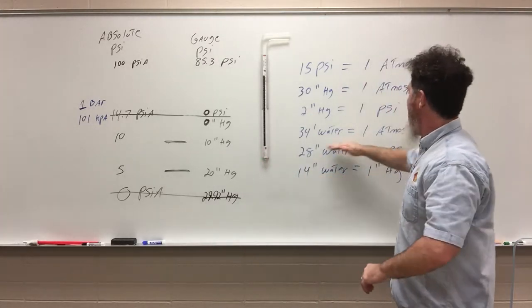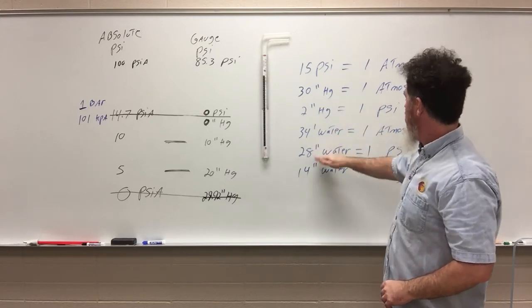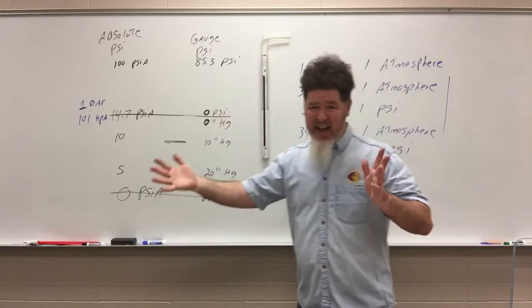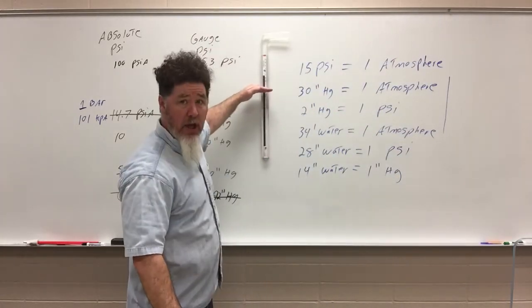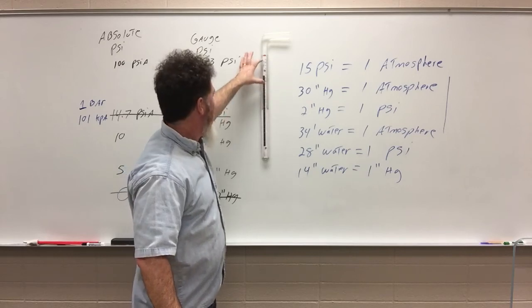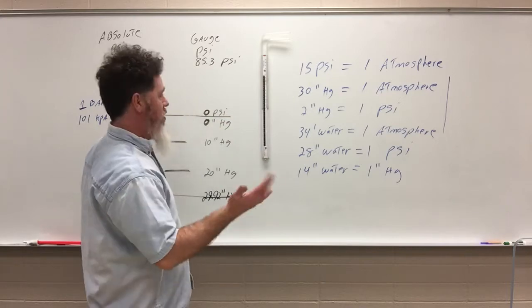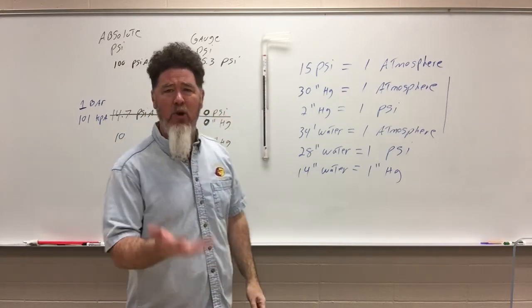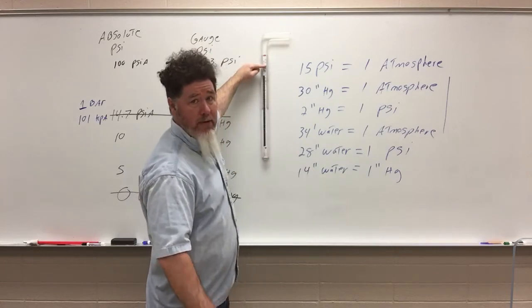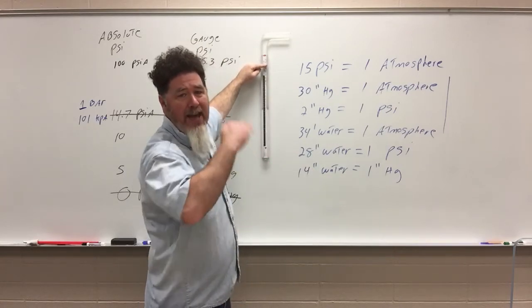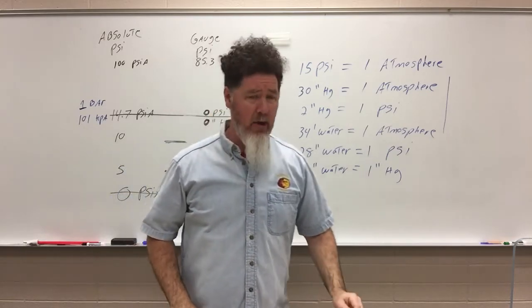So you have to realize that there's a relationship between inches of water and vacuum, or PSI and inches of mercury. If I filled this thing up with mercury, I wouldn't be able to get it to move past 14.7. 14.7 would be the highest amount I could get. Mercury's very heavy. If I put a perfect vacuum on it, it's only going to go up to 14.7, and that's as far as it's going to go. I can't physically get it to go any higher by creating a vacuum on that.